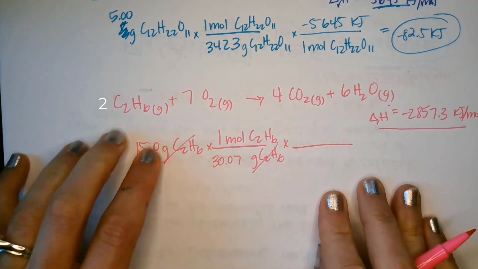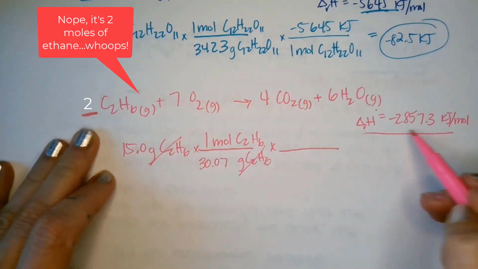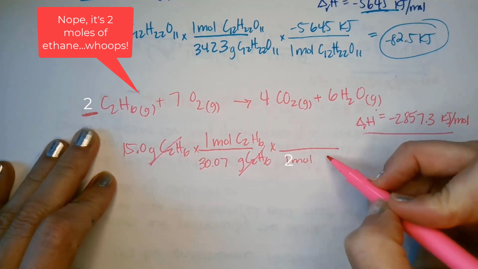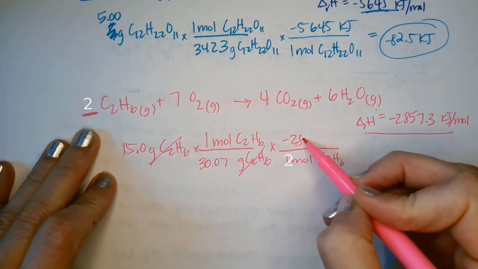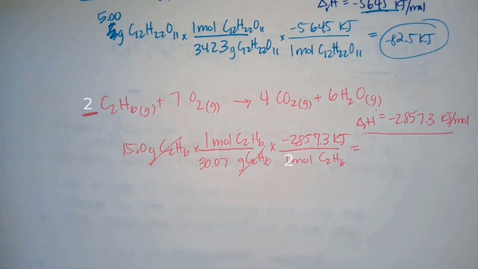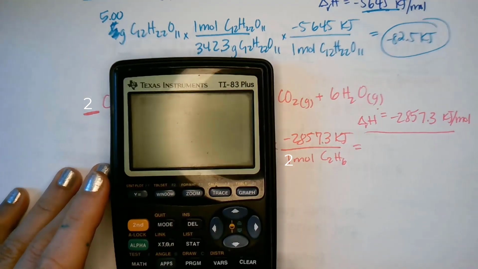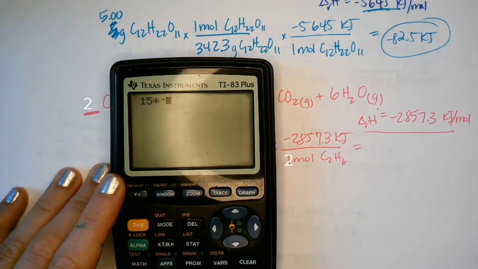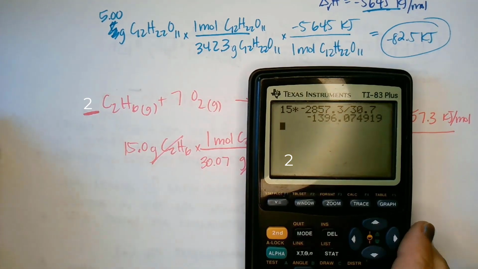We have another 1 mole of ethane, C2H6, for negative 2,857.3 kilojoules. So now we're just going to plug in our 15 times negative 2,857.3, all divided by the molar mass of 30.07 to get,